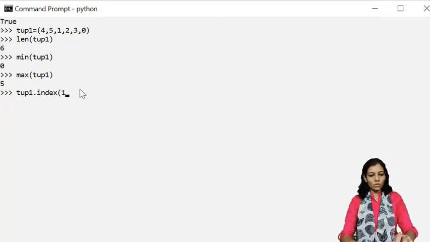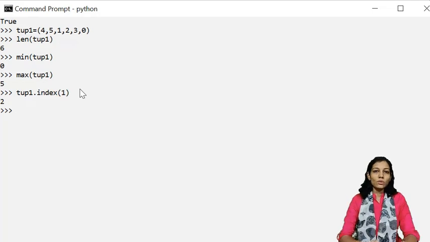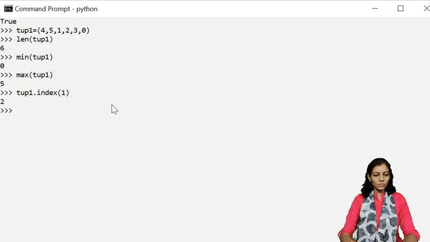I want the index of element number 1. It is going to give me 2, because element 1 is at index 2. Now we are going to see the count of the element, tup1.count, how many times that element has occurred. Say 1, so it has occurred only one time.